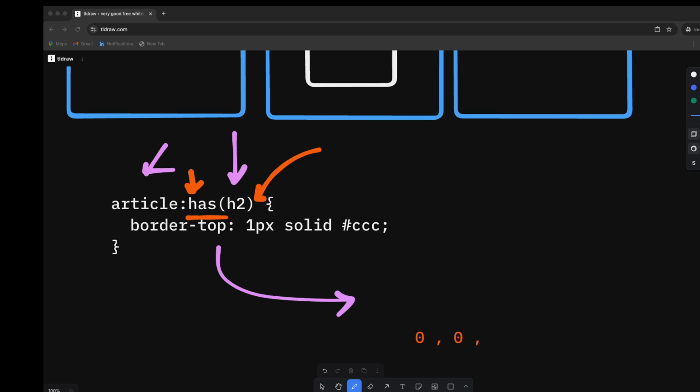Is that how it is working? Yeah, so :has itself won't contribute towards specificity. :has itself does not contribute, but the selectors inside :has do not affect specificity. So what he's trying to say is,